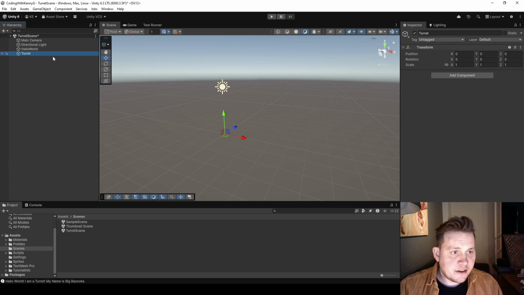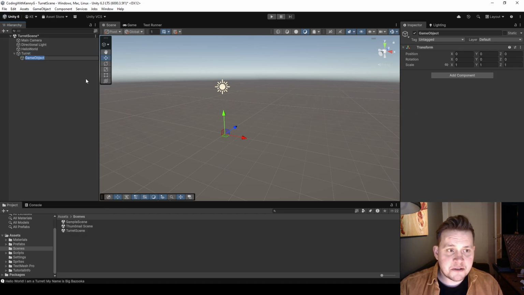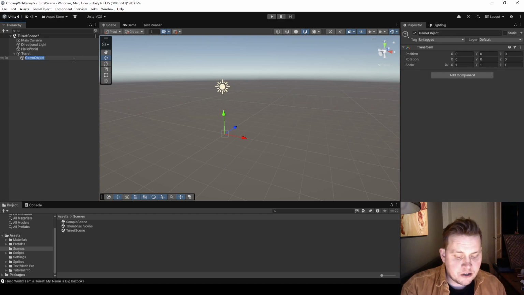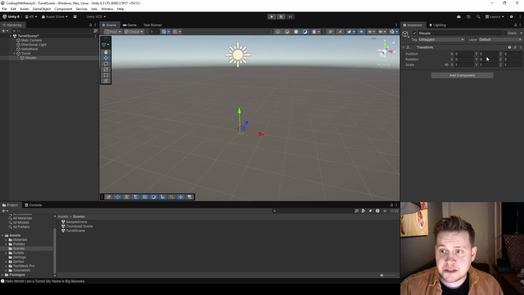So I'm gonna right click the turret game object here in the hierarchy, and then I'm gonna create another empty. This will default to 0, 0, 0, and it is a child of the turret game object. You can see that denoted by the drop down arrow next to the turret in the hierarchy. We're gonna call this child object visuals. Visuals plural, and its position will be 0, 0, 0 by default relative to the position of its parent,